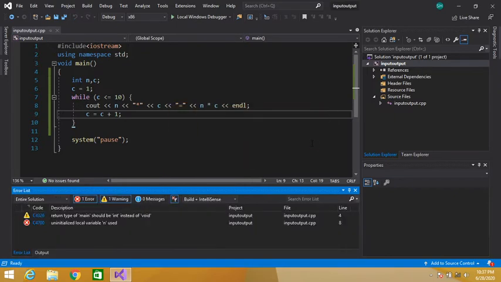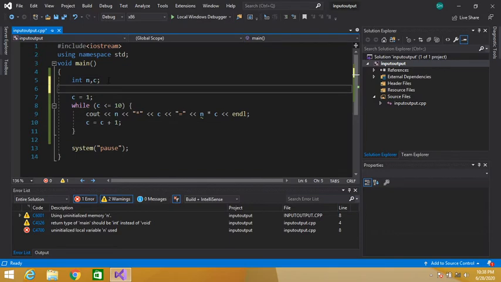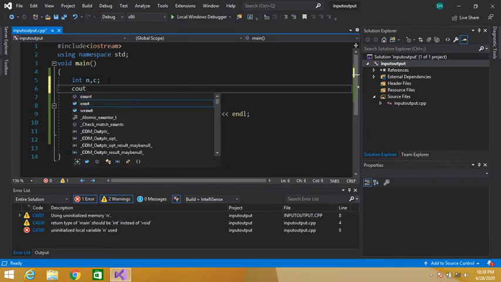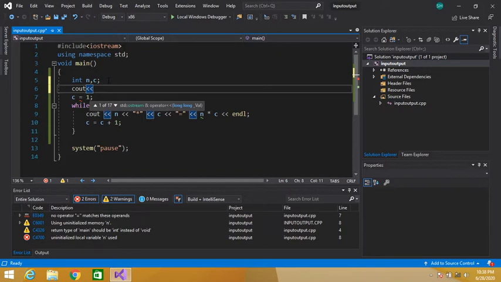We made some mistake. What is the mistake? The return type of main should be int instead of void. Uninitialized local variable n is used. Okay. So guys, here we have to take input in our n variable,